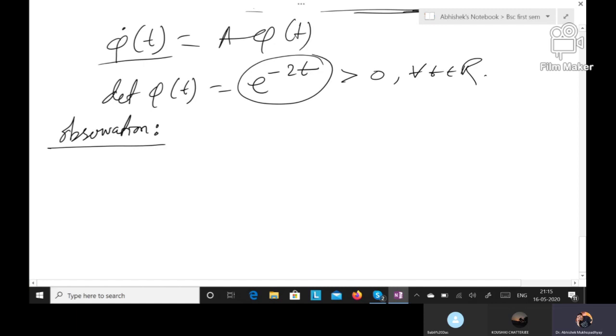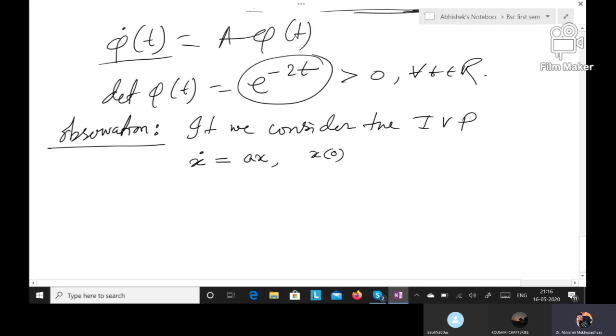Observe that if we consider the initial value problem, just writing down x dot equal to ax, where at 0 the value is x naught,